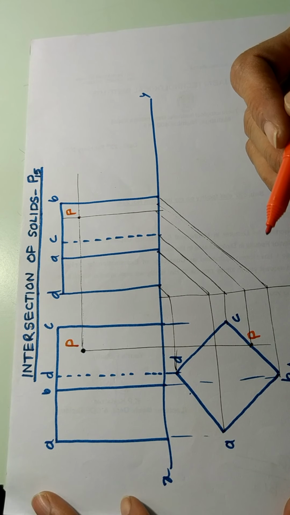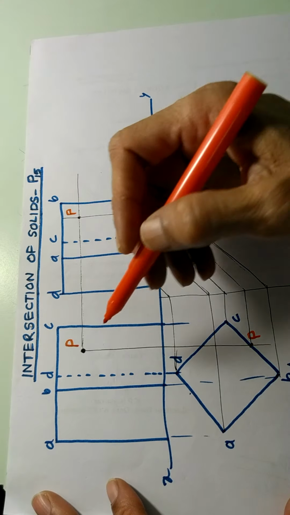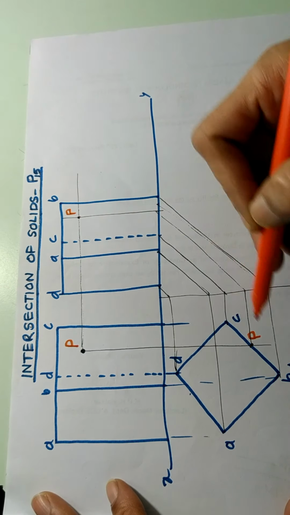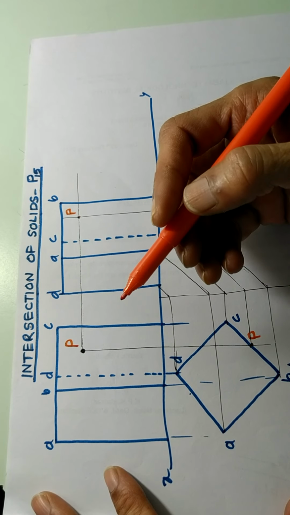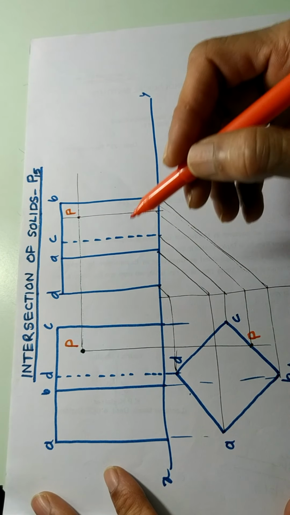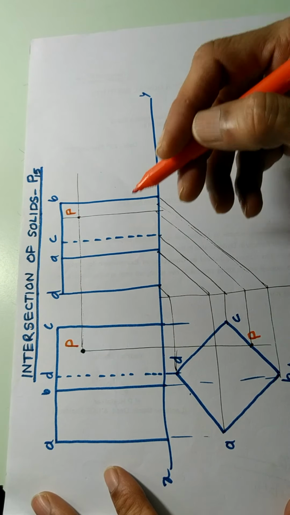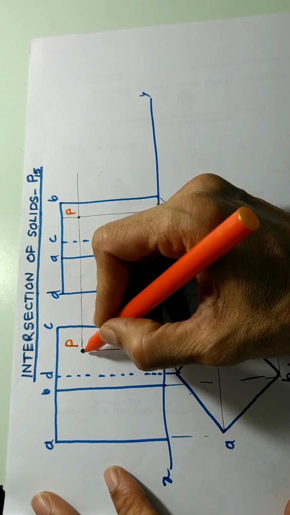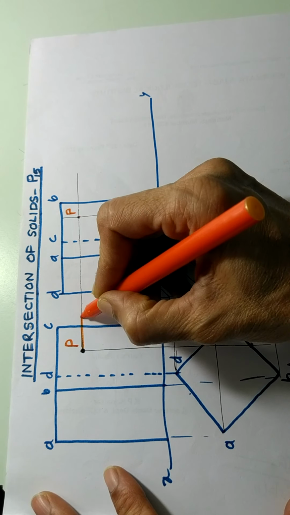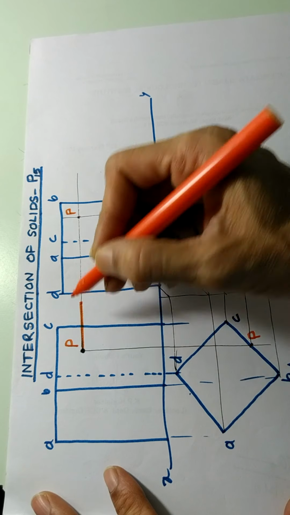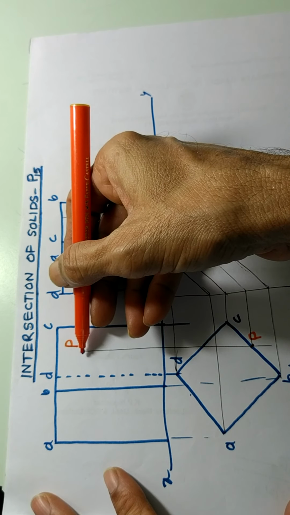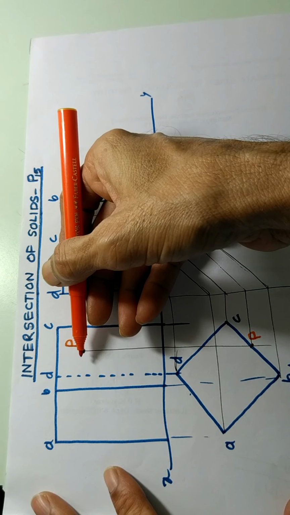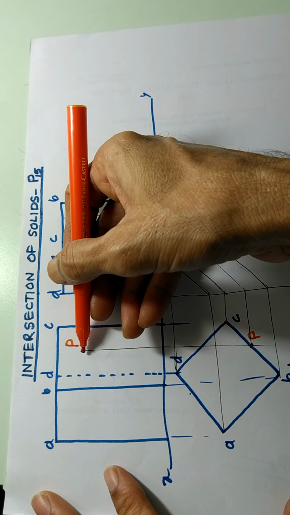Okay. Now what we do is, we have projected point P in all the three views. Now what is coming next after point? If you join so many points, then it becomes a line. So here what we now do is, I am going to draw one line here. This line is coming and touching the square prism at this point. So imagine that there is one line coming like this, and that line is touching the prism like this.